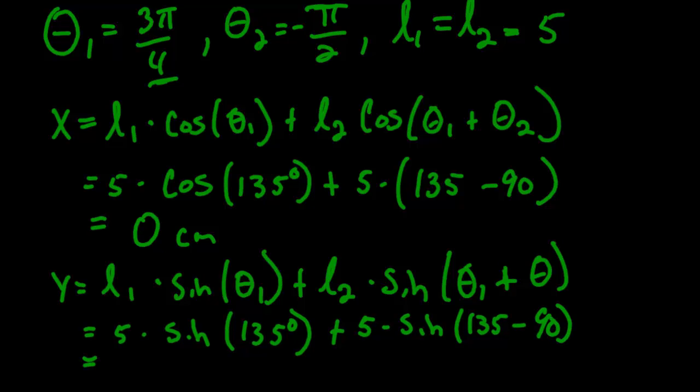This equals 7.071. Okay? So before our y component was equal to 0, now the x component is equal to 0, which means